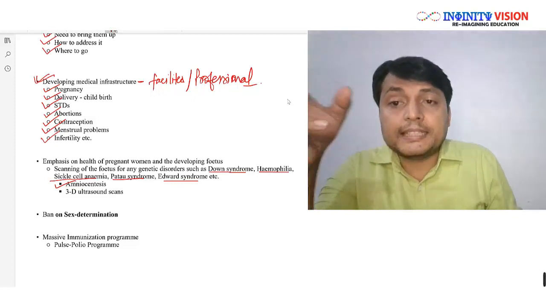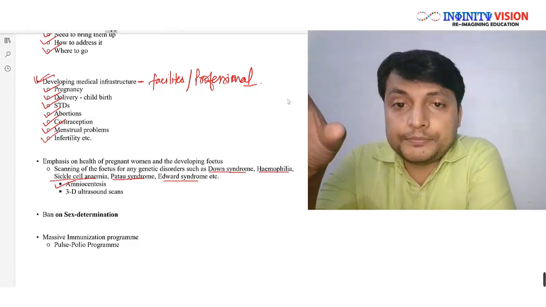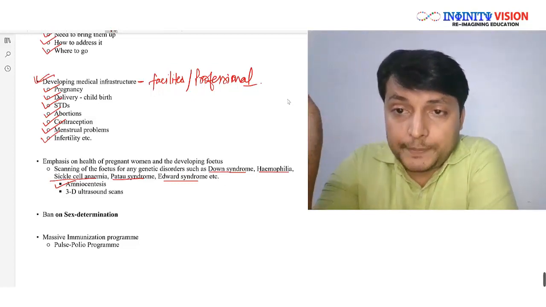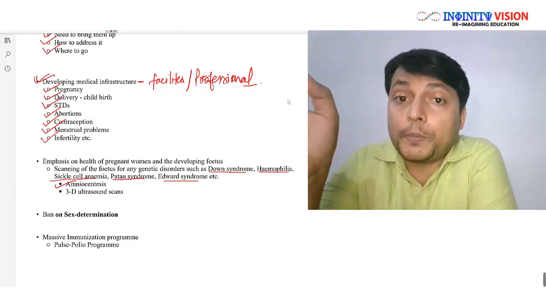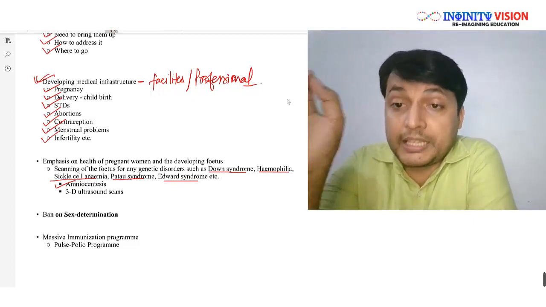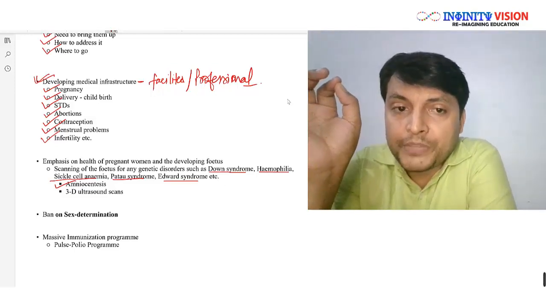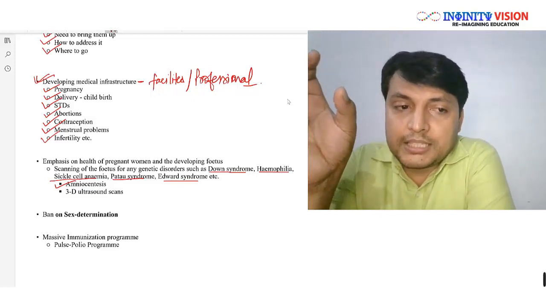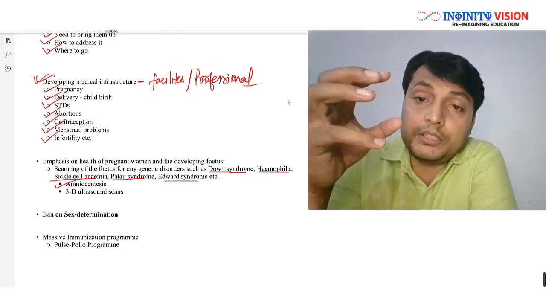Now, you know that in India, in our society, male and female are not treated equally. There are a lot of couples who preferably want a male kid and do not want a female kid. There was a time in India when amniocentesis was misused to figure out the sex or the